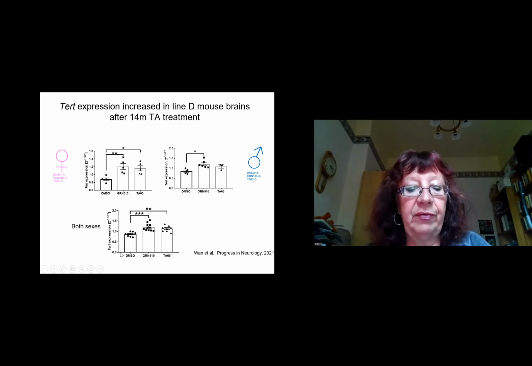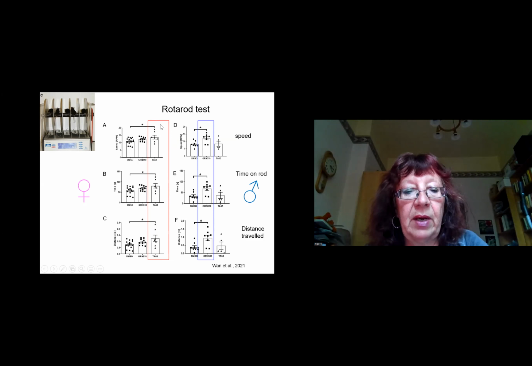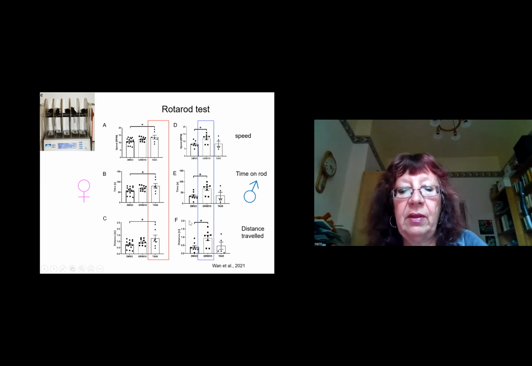So you can measure speed, how long the mouse stays on the rod, and the distance it traveled. And interestingly, I showed it here in the different color coding. In the females, we found a significant improvement. So the mice stayed longer on for higher speeds with the natural telomerase activator, while in males, there was no effect with the natural, or almost no effect. And the significance was only with the